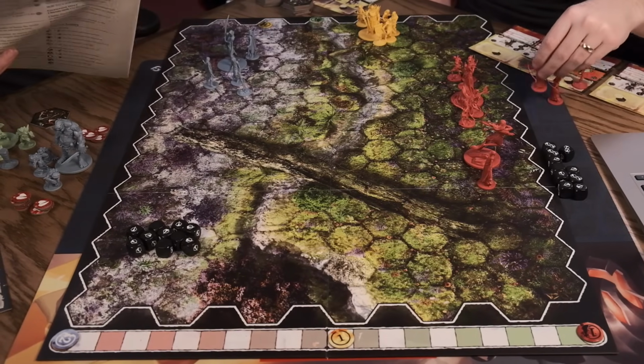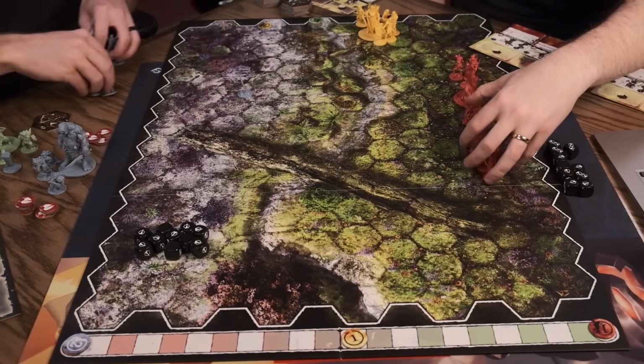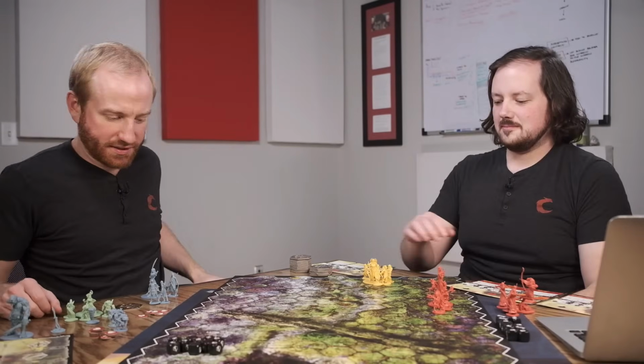Okay. So you place your models one at a time. I'll do one. All right, I placed this guy, Death, also known as Morrigan. Okay. So it doesn't say the...